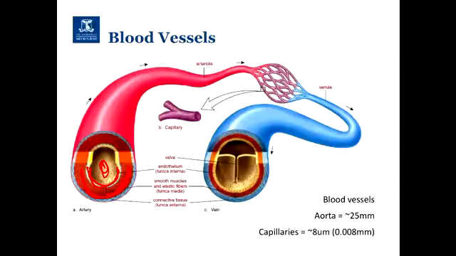The other thing is that wide range of vessel size that you get in your body. It ranges from about 25 millimeters in your aorta, which is the largest one, down to about 8 microns in your capillaries, which is 1, 2, 3, 4-ish orders of magnitude difference. So the size of blood vessels that you have in your body is very large. So in terms of thinking about stents and grafts, is one applicable to all? No.